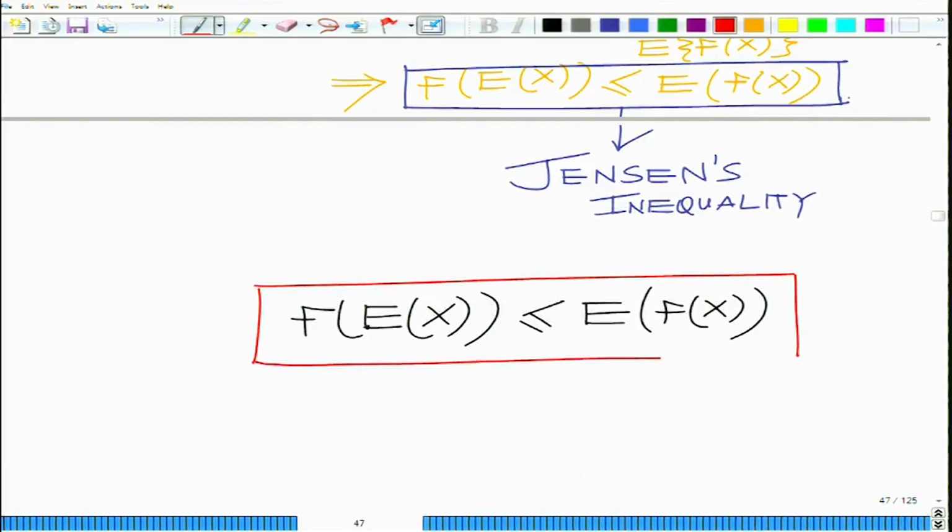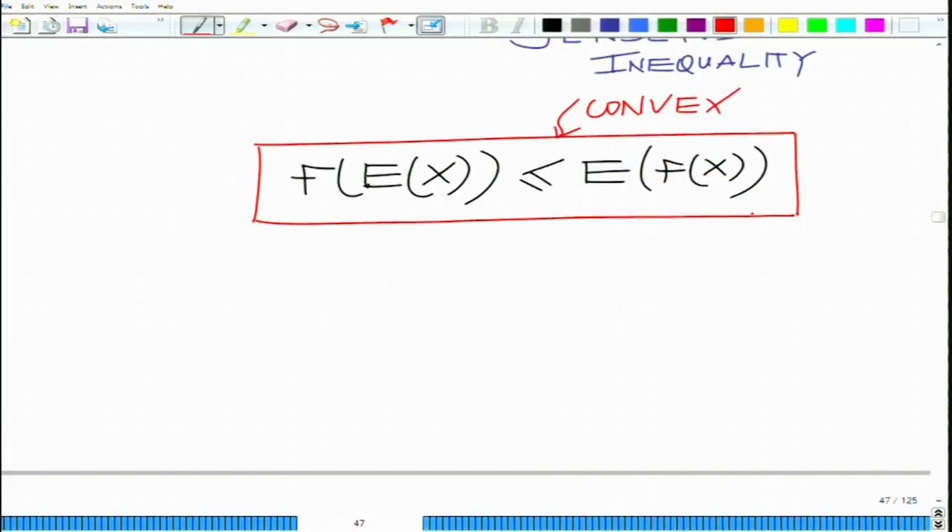And for concave it is the other way around. For a concave function we will naturally have the reverse of this, because the chord lies below the curve. So, f of expected value of x is greater than or equal to the expected value of f of x,